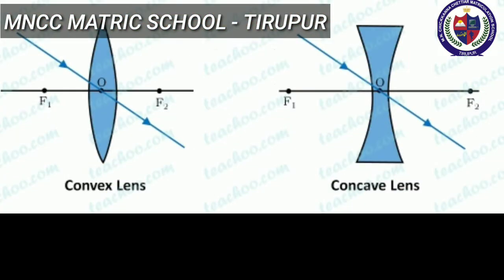Next, we move to images formed due to refraction through convex and concave lens. When an object is placed in front of a lens, the light rays from the object fall on the lens. The position, size, and nature of the image formed can be understood only if we know certain basic rules. So first, rule number 1: when a ray of light strikes the convex or concave lens obliquely at its optical center, it continues to follow its path without any deviation.